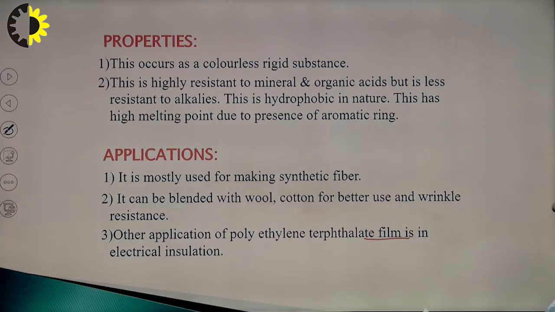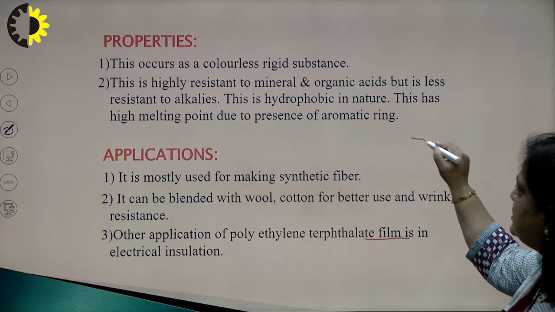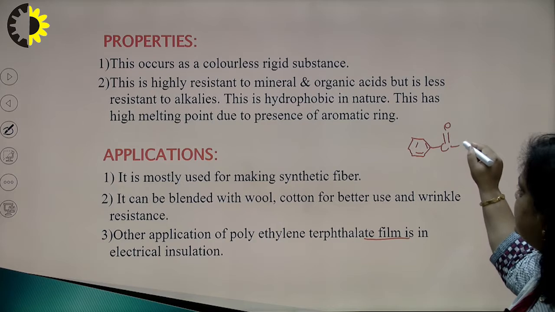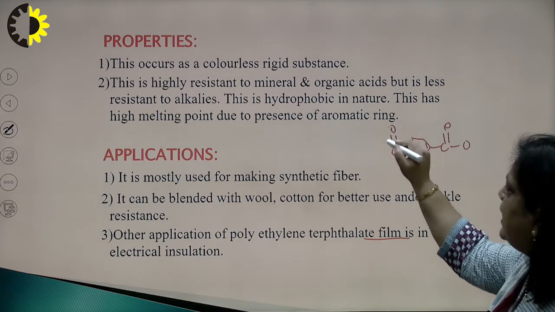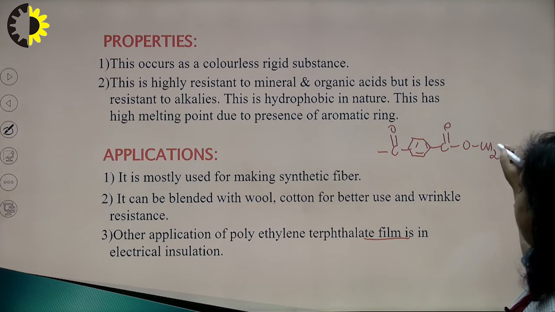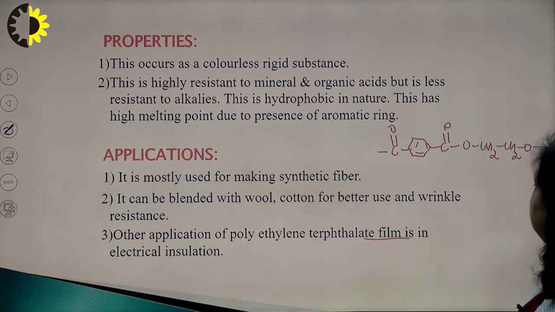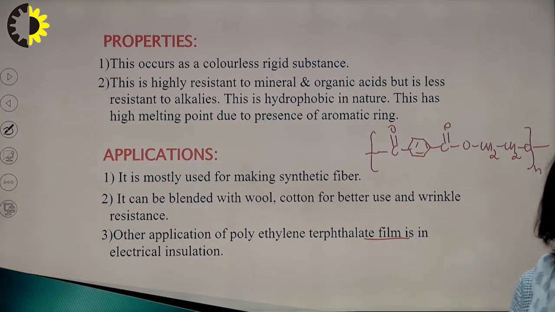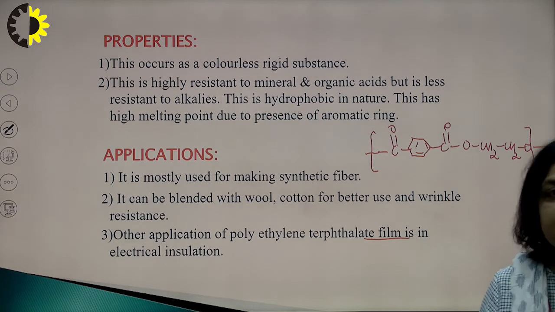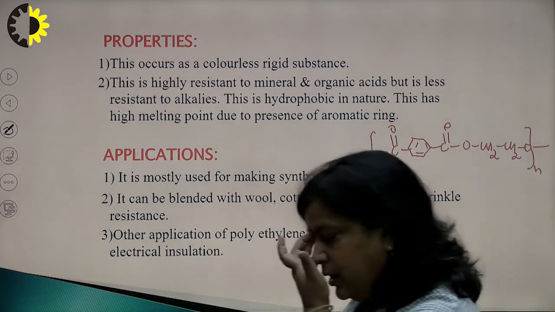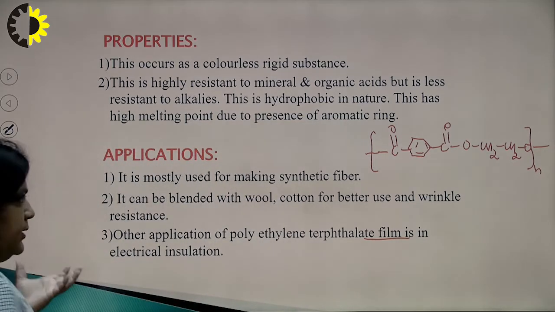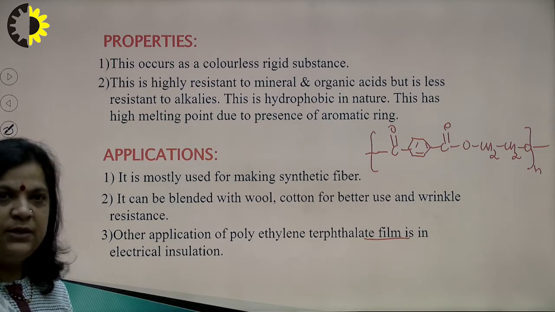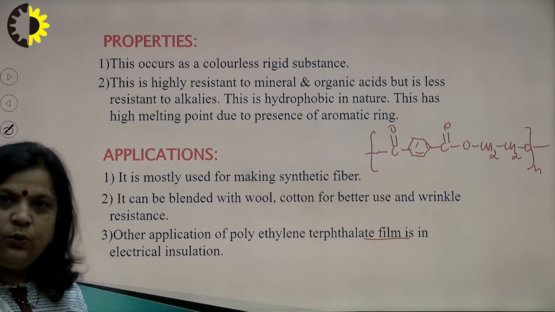So, I think it is clear that polyester Dacron has an ester group like this, and linkage with glycol, glycol means 2 CH2 like this, and so on. So, this is the structure of Dacron, terylene. Terylene, polyester, if you ask your parents, then they know very well that polyester fiber was very famous, it was used for safari suits, shirts, etc.